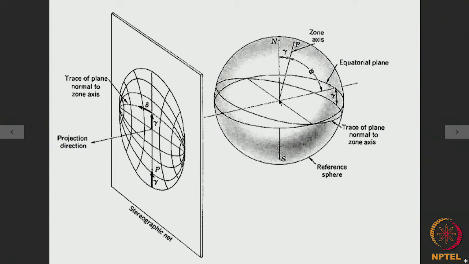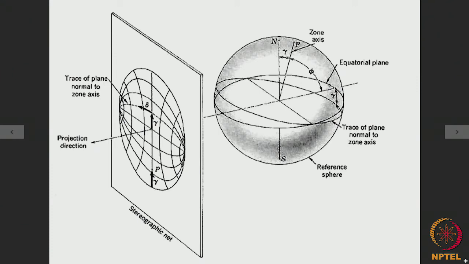Say this is the equatorial plane within the reference sphere, and say the particular trace of a plane which is normal to the zone axis we have been talking about is this one. So, this is the trace of a plane belonging to a particular zone for which the zone axis is known, and this is the equatorial plane of the